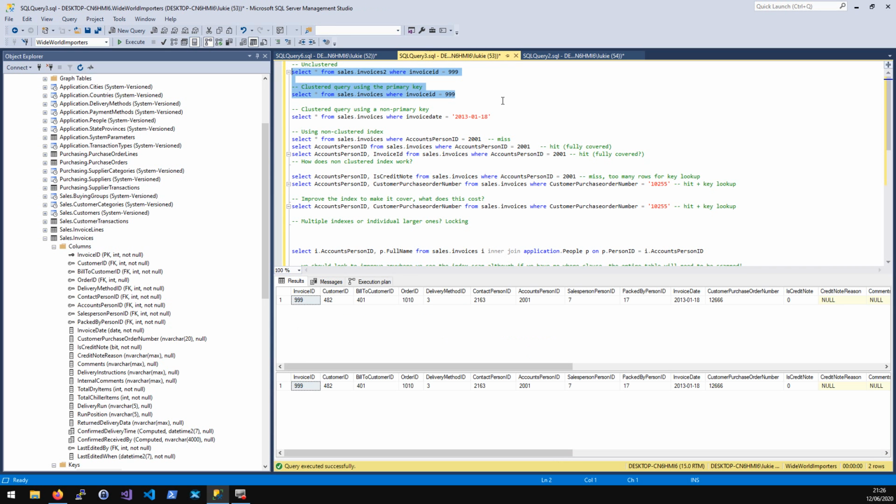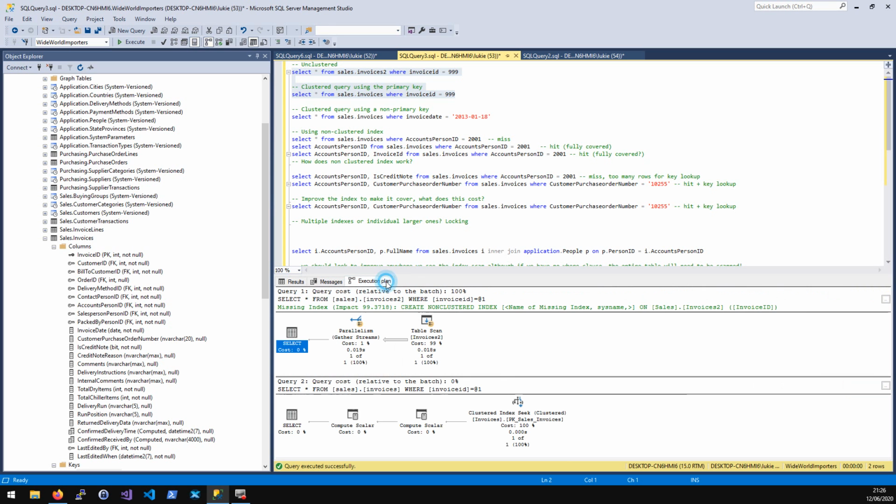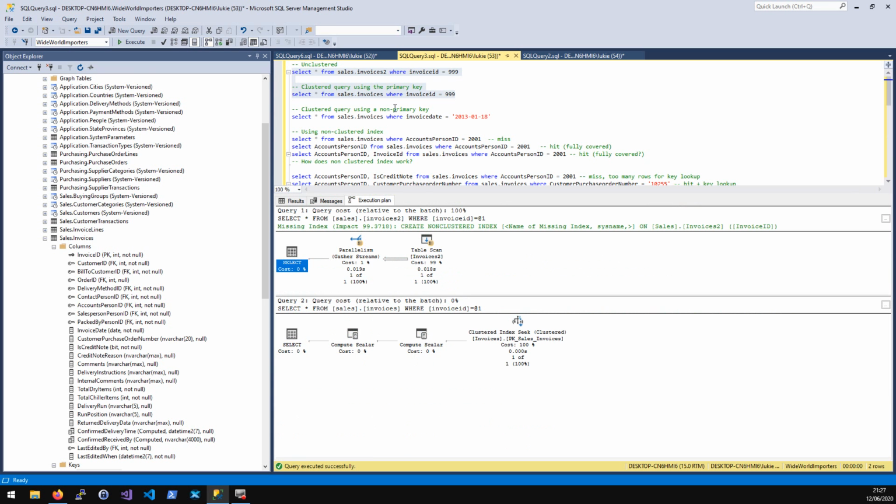But what I want to now do is compare the table that doesn't have an index with the one that has just a clustered index. It does actually have a couple of others, but we'll see that they're not being used yet. And the thing that I want you to notice here, and this is a really useful tool when you're comparing two different queries, notice this line, query cost relative to the batch. What we're saying here is that the first one, on the table that doesn't have the index, was at least 100 times slower than the one that does have an index. So it's the same query, but just by adding a clustered index,